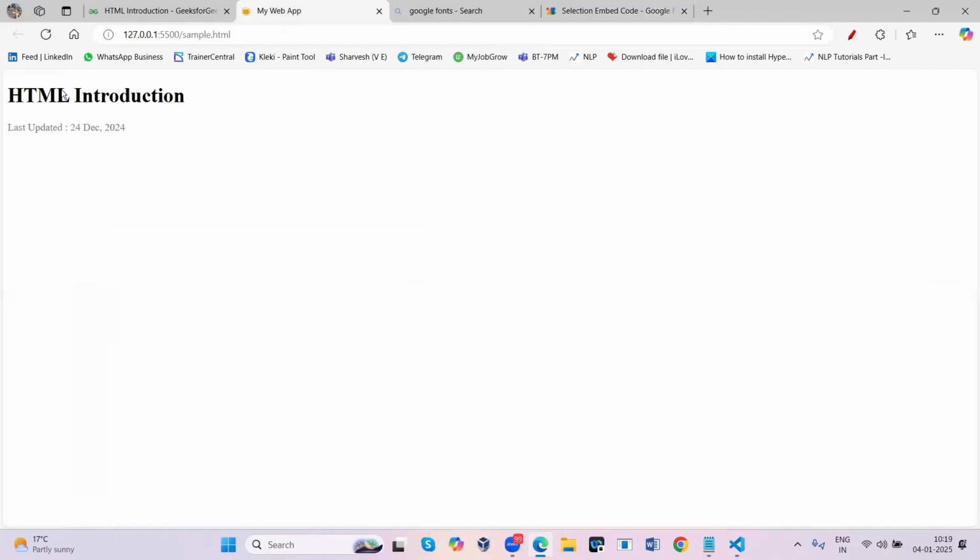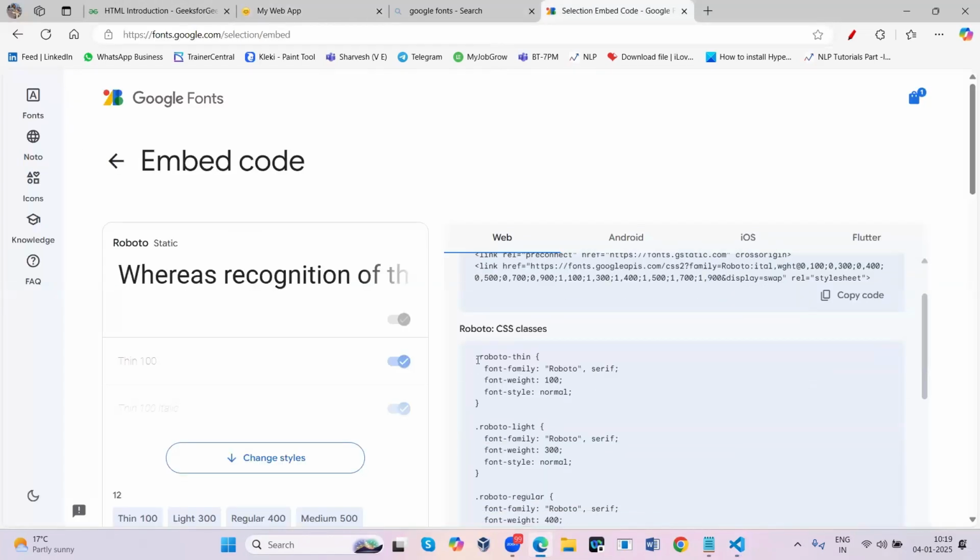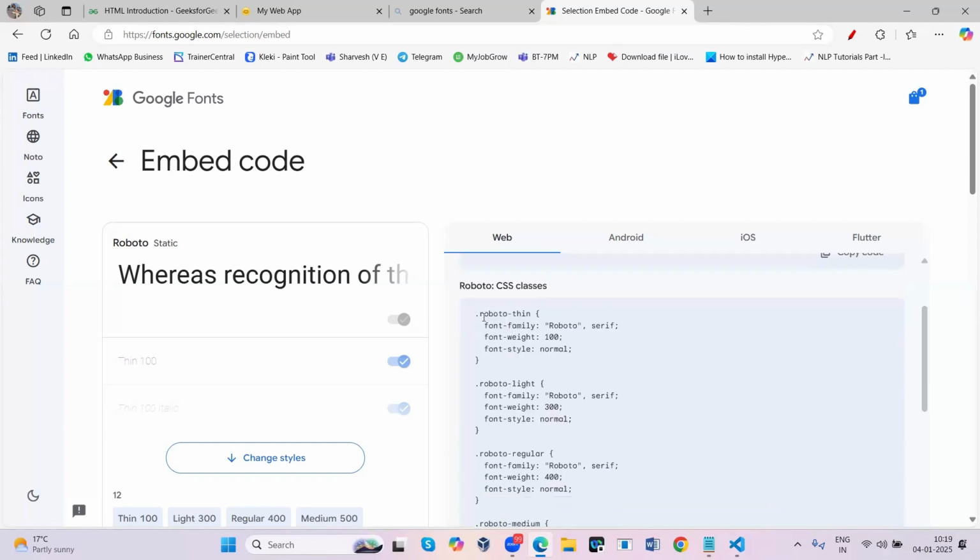No. What you should do later here is add these styles. The CSS font family that you need here is Roboto, the font weight will be 100, and the font style will be normal. So along with these links, you need to make use of the CSS properties also.